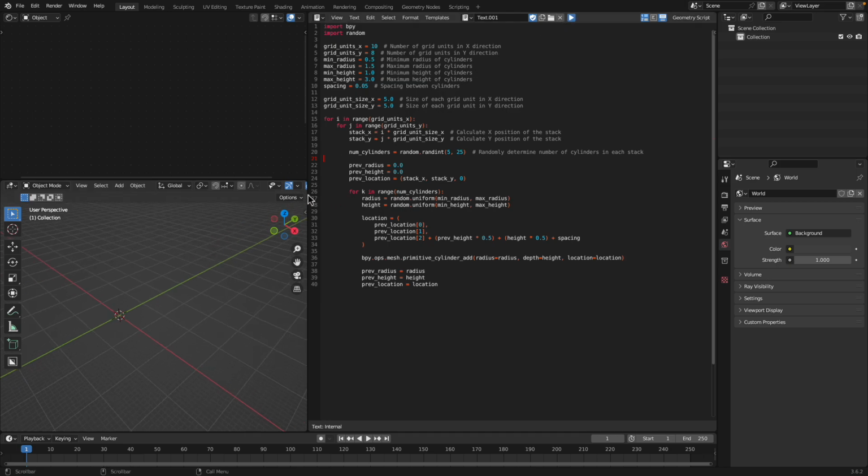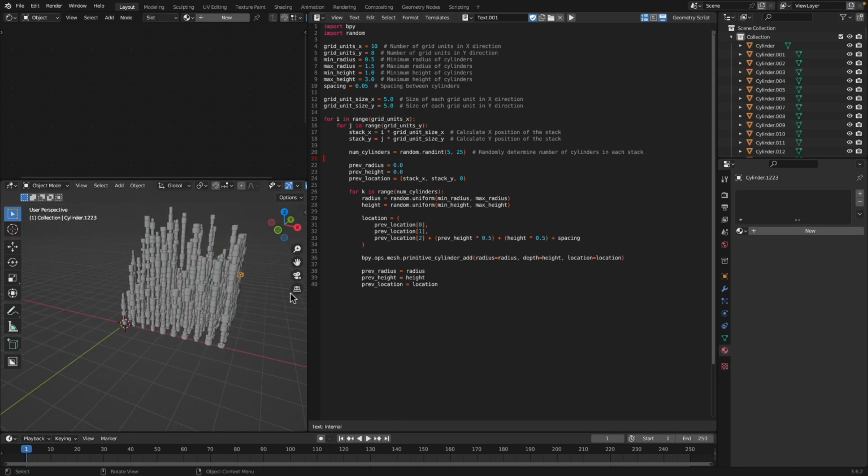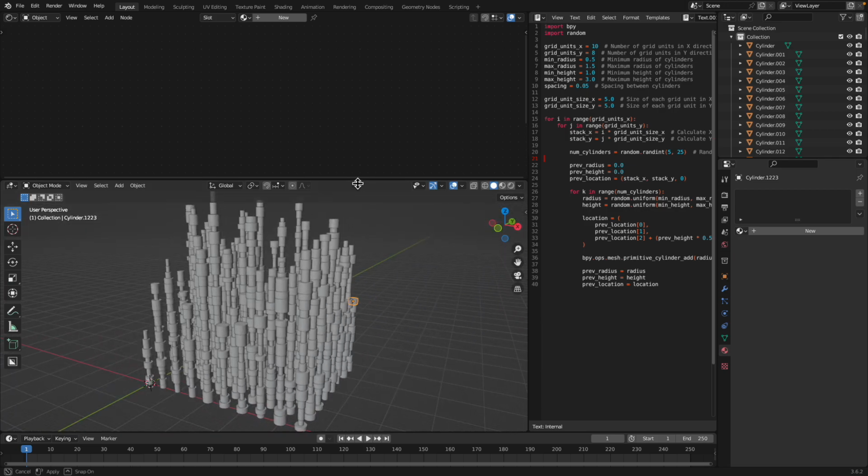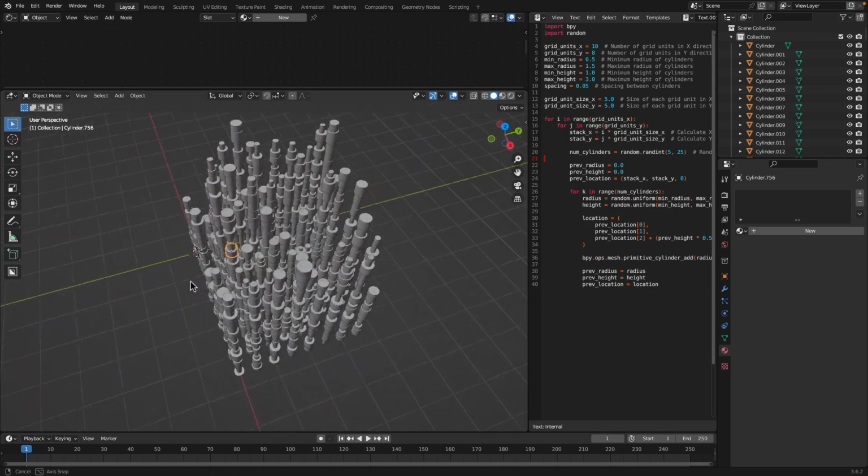Run this. So we're going to have like 80 stacks of cylinder, and each cylinder should generate, okay. It's kind of like the procedural cylinder stacks, except that this is running using script,